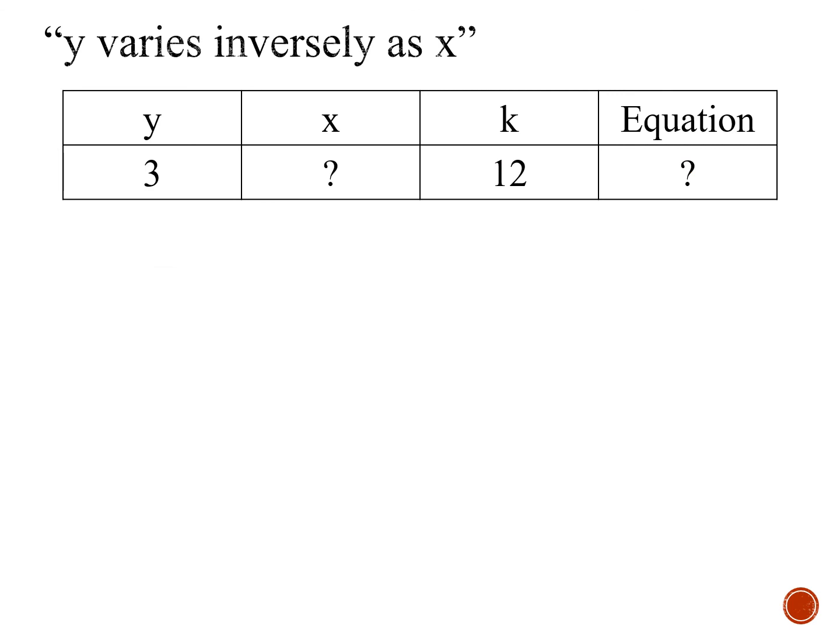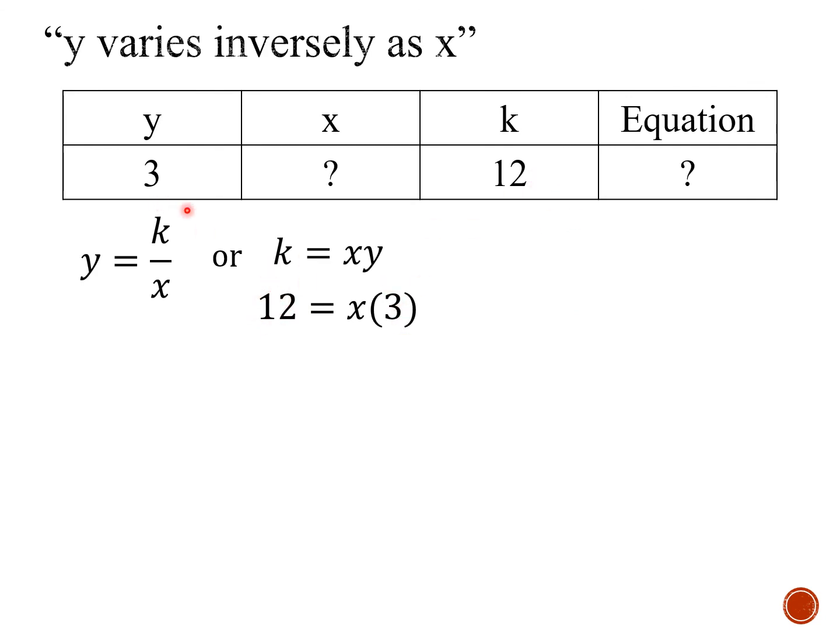Another one. How to find x and the equation if y is equal to 3, yung k natin is 12. So, using the translation, y is equal to k over x. So, we replace y by 3 at saka yung k ng 12. Or, yung ginamit natin kanina, k is equal to xy. So, papalitan lang natin si k ng 12,